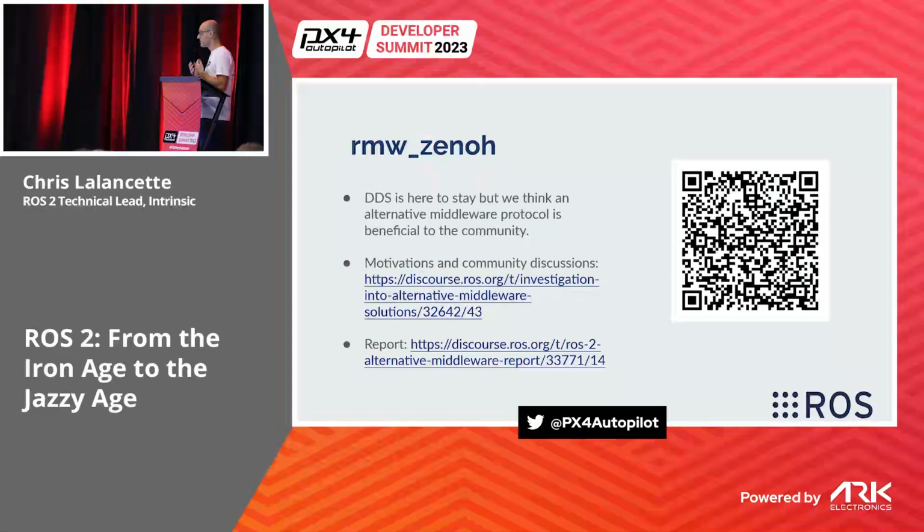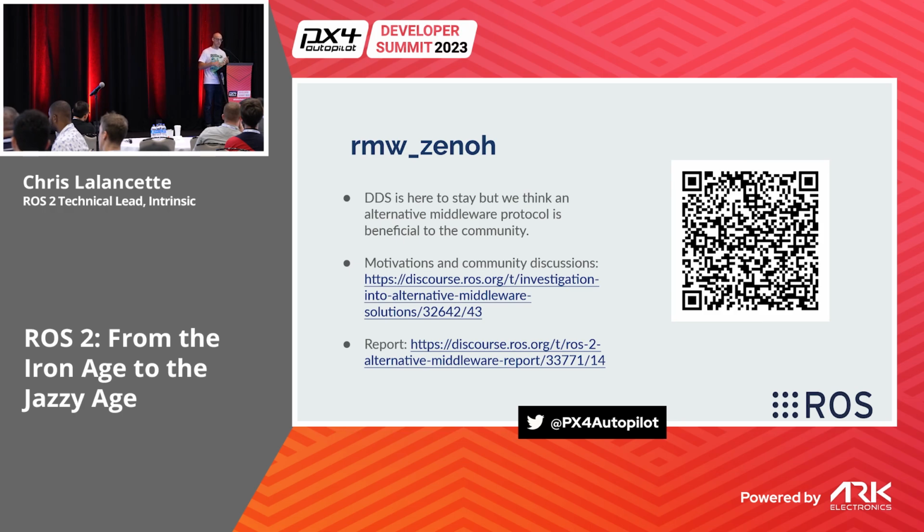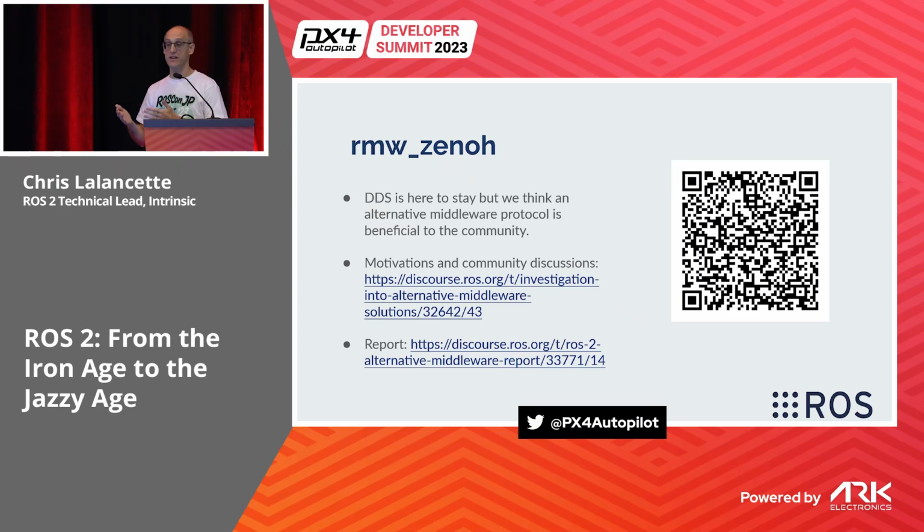And so the big development thing we're doing for Jazzy is to develop this alternative RMW. Besides possibly making it easier to get started, the other reason to do this is the RMW API I talked about. If you only have DDS, which we do today as the RMW, while it's meant to be abstract, those details can leak through it. So having another RMW that's not DDS in there can really help in making sure that's an abstract interface.